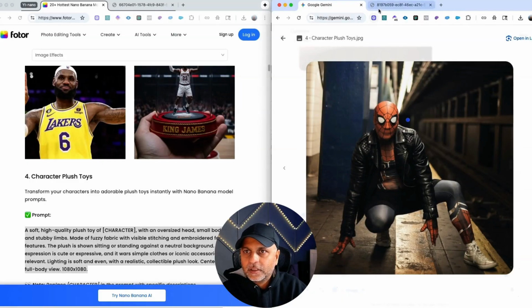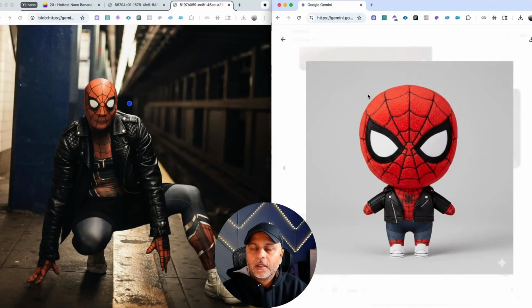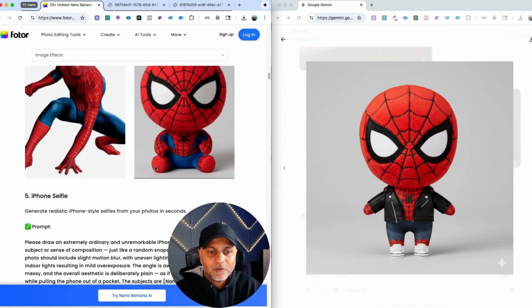Now, if you notice, let's pull the original one here on the left, and then this is the plush toy. You will notice that it even has the leather jacket and the white shoes. So it took into account all of that and kept it the same, which is pretty insane. Let's move on to our